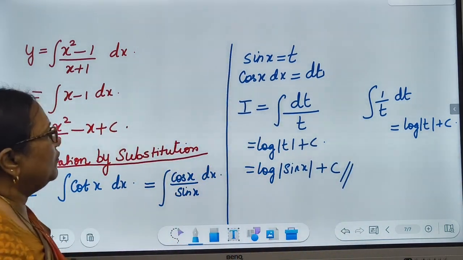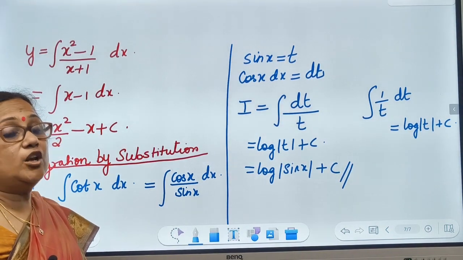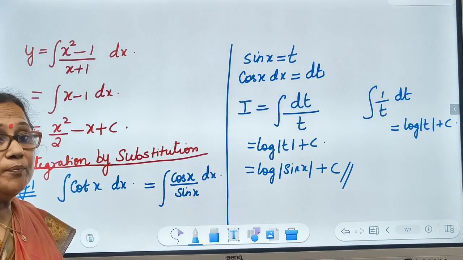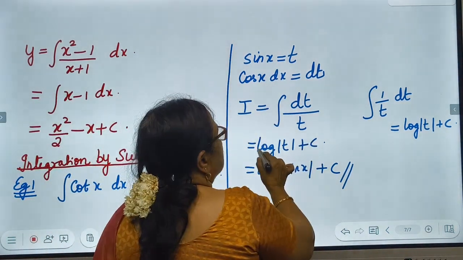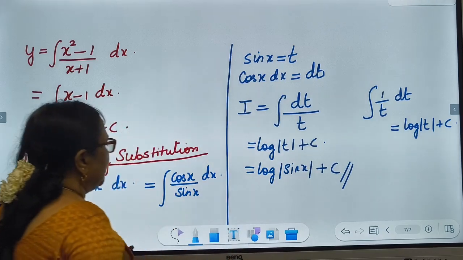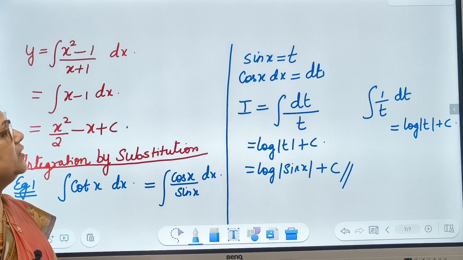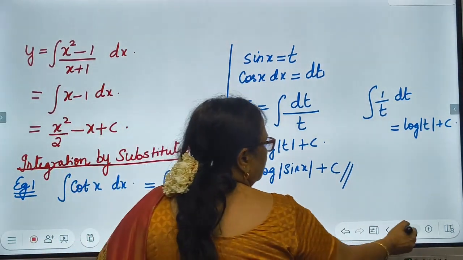So the integral of dt by t is similar to the integral of dx by x. The integral of 1 by x is what? Log mod x. So the integral of 1 by t is log mod t plus c. But the function is in terms of x, so substitute back for t. So what will you get? Log mod sin x plus c. Okay. Now,